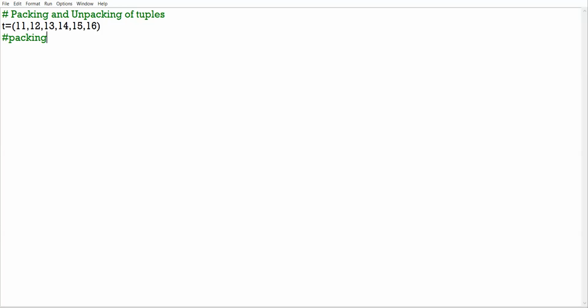All these elements I have collected together, separated them by commas, enclosed them in a pair of parentheses and created the tuple. I packed them as a tuple. Now, how many elements are there? There are six elements in the tuple. Now see what I do.